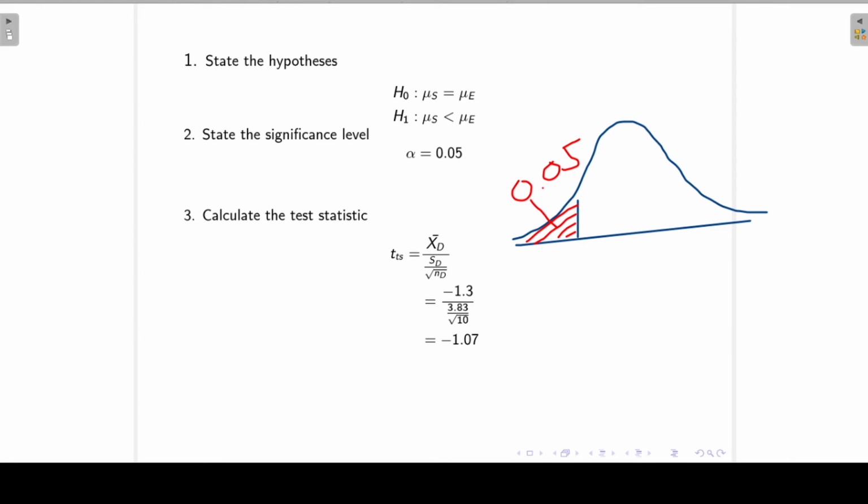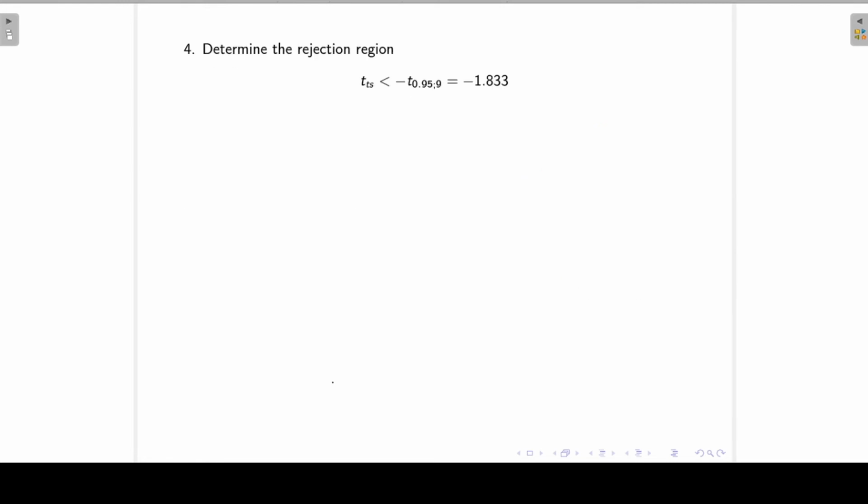Depending on what tables you are working with, if you are working with the tables that only give the positive t-values, then you will find t 0.95, which is the right critical value, and then to get the left one, you will just take the negative of t 0.95. So negative t 0.95 with 9 degrees of freedom. Remember, my degrees of freedom is n minus 1, so we have 10 pairs. So 10 minus 1 is 9,